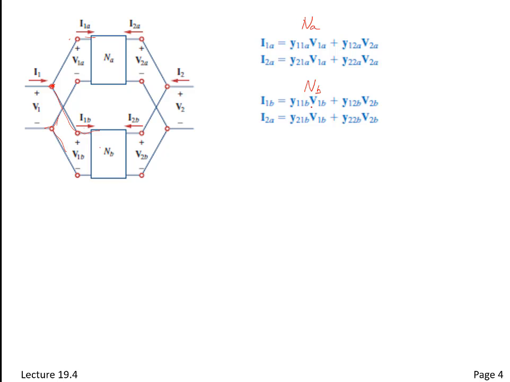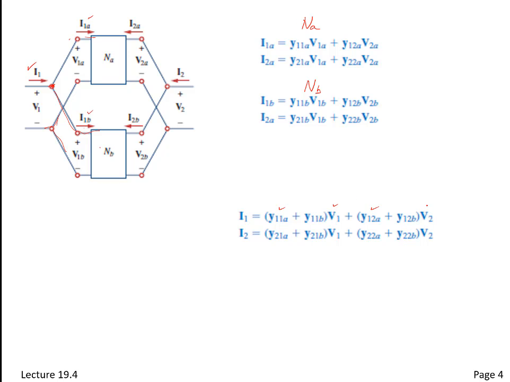Okay, so we kind of anticipate where all this is heading. The pattern's going to look just like the other. The total current, the I1 current, out here is going to be the sum of I1A and I1B. So here's I1A, Y11A times V1. So there's that plus that,